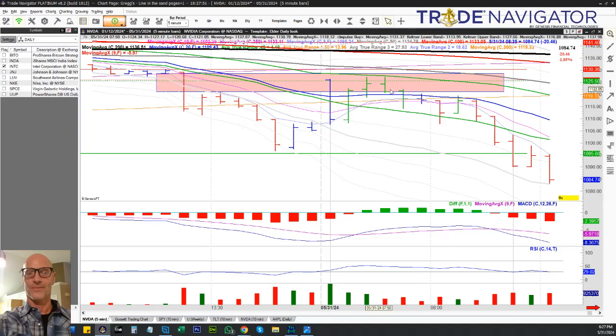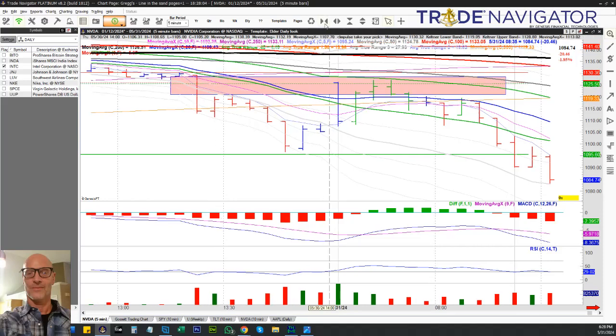So not only did we open up right at halfway of yesterday's big down bar, but we also opened right up into this bearish fair value gap. So I got short right at the open, right here,